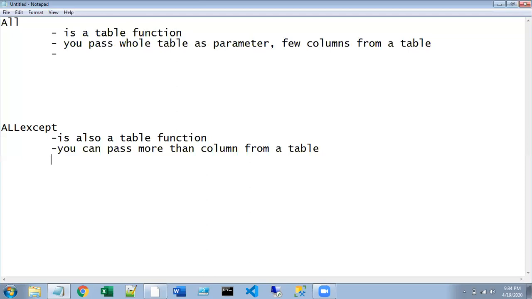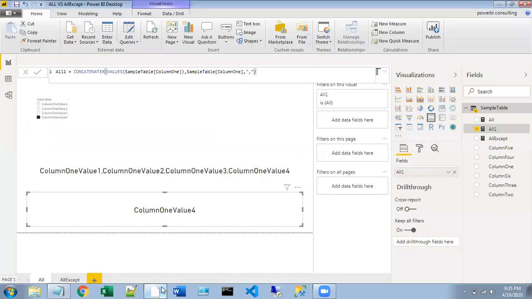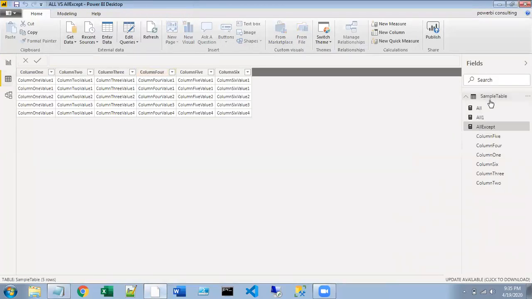So this is the discussion theoretically, and let's go ahead and look at it practically. I have taken a simple sample table with columns 1, 2, 3, 4, 5, and 6.